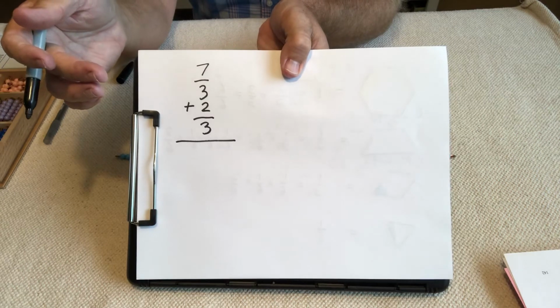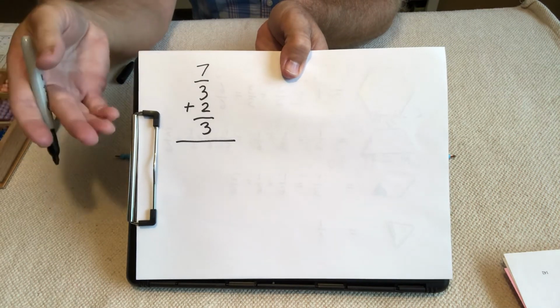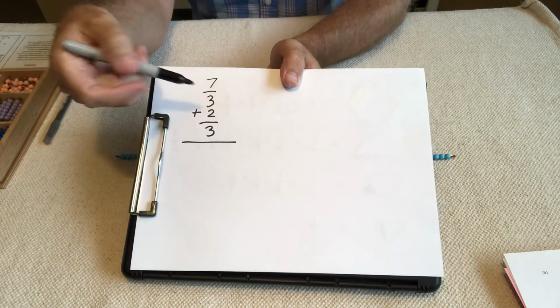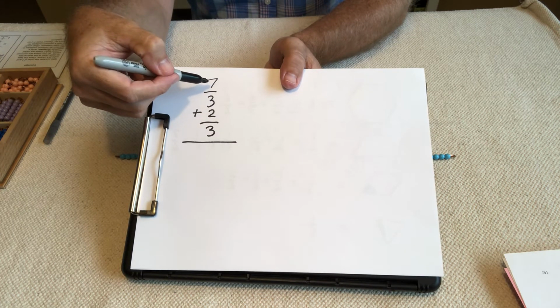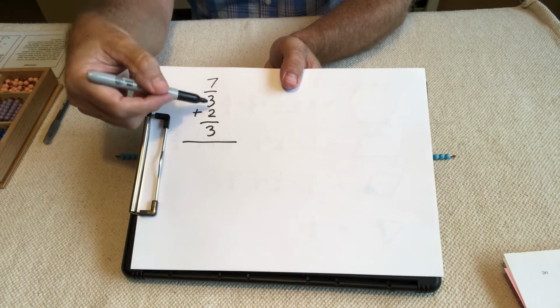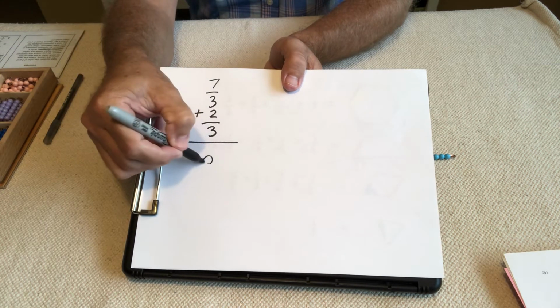What could you do with that? 7/3 plus 2/3. Well, I've been practicing fractions for a while, so I know that all I have to do is add up the thirds. So this is 7/3 and this is 2/3. So I'm going to end up with